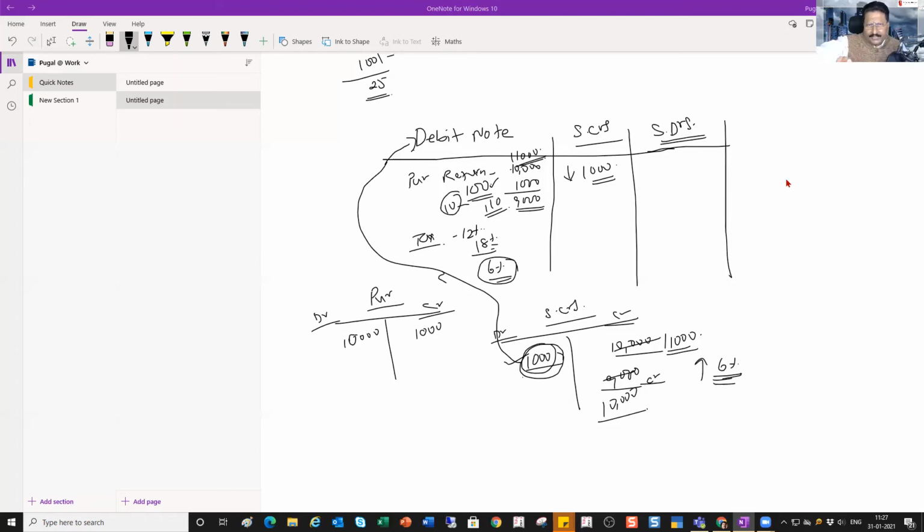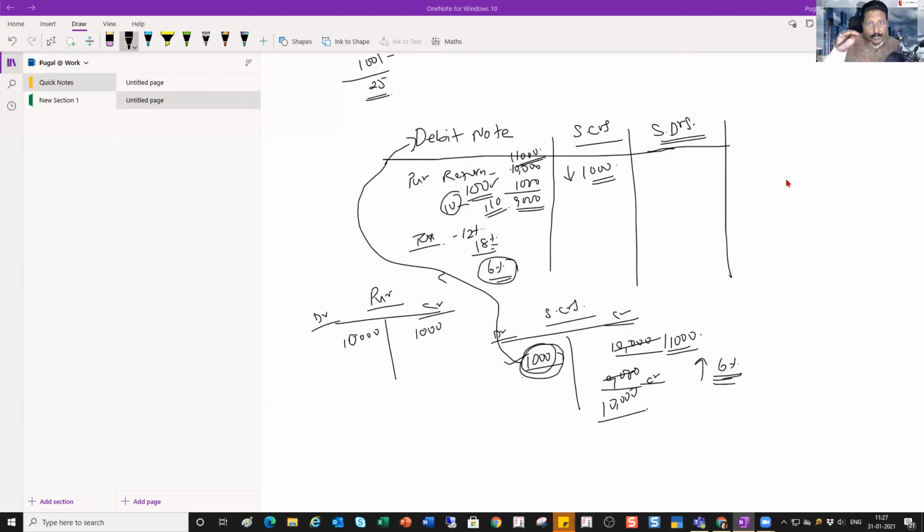So we can just take the reverse of this example, very simple, right? Let us assume that I am supposed to charge him 110 rupees per unit, but by mistake while invoicing I have only charged him 100 rupees, right? So now what am I going to do? I have to increase the difference amount, right? The 10 rupees difference has to be increased because I need to receive that additional amount which I have actually not charged in my invoice, right?